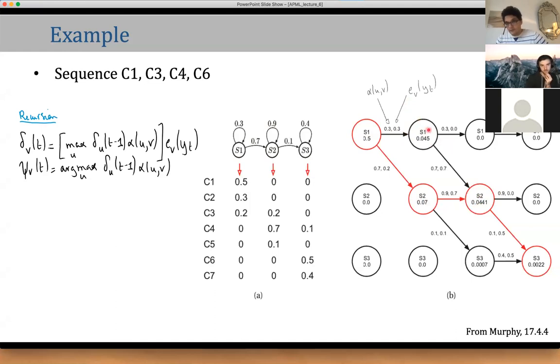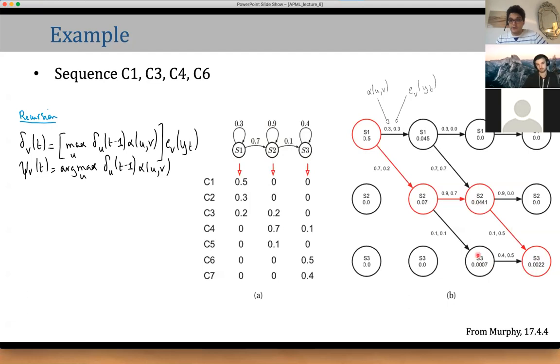Okay, and so you continue to fill in the matrix for the third position, for the fourth position, and there is only one state here, S3, which has a probability superior to 0, so that's the max over all the states. So we know that the state we allocate with Viterbi for the last position is S3, and then from S3 we go back from the max we made with the psi value, and we decide which one of the hidden states before allowed us to arrive at this max.